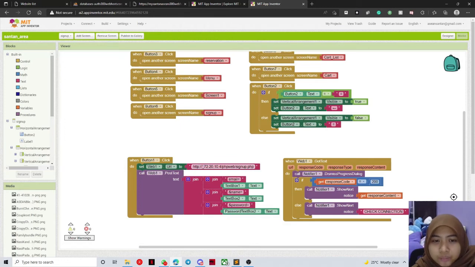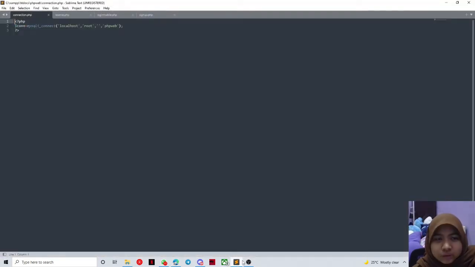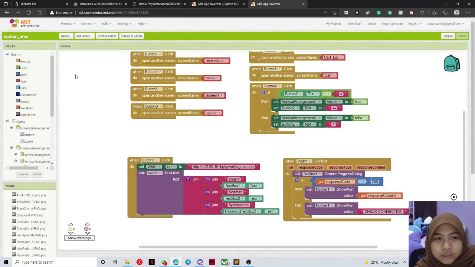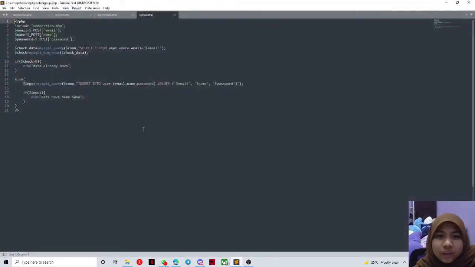As you can see here, this is the IP address and the file and the coding. So then I will go to the coding that we do. So we go to the sign up. So as we are in the sign up page, sign up. First, we include the connection.php